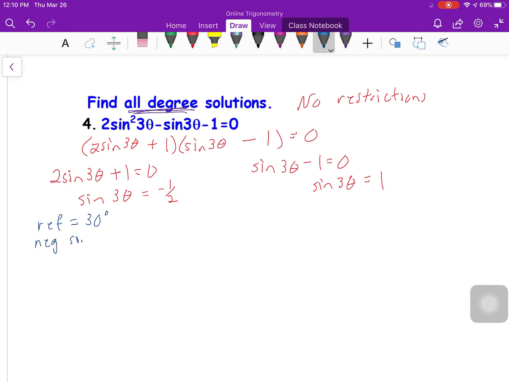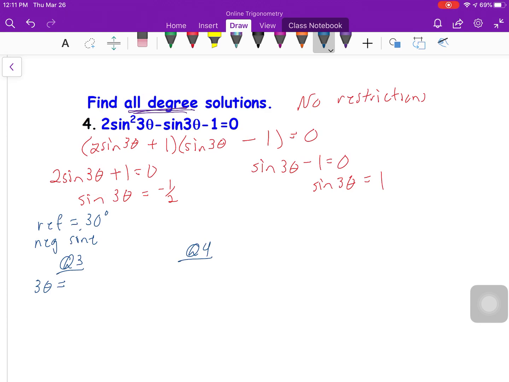But we have a negative sign, and a negative sign occurs in quadrants 3 and 4. So we'll have a quadrant 3 answer, and then we'll also have a quadrant 4 answer. For the quadrant 3 answer, the 3 theta, the inside of the trig function, will be equal to